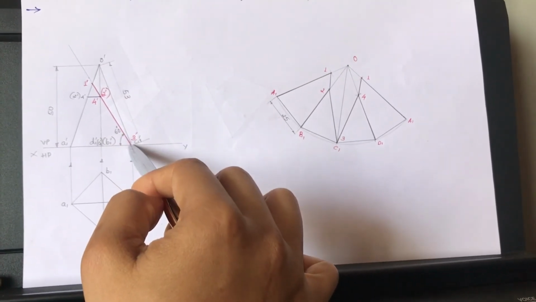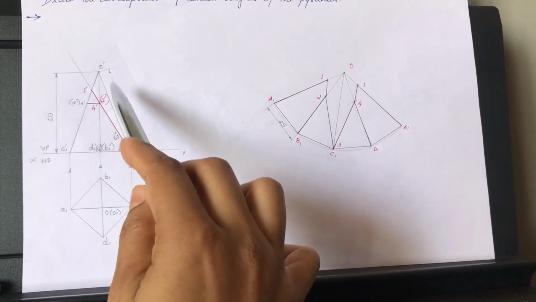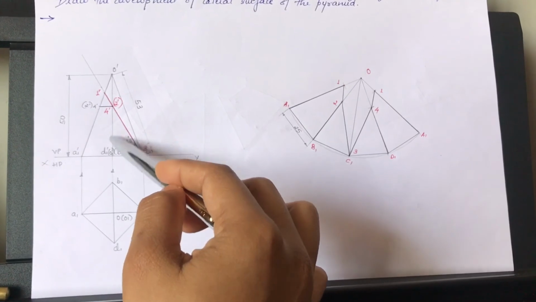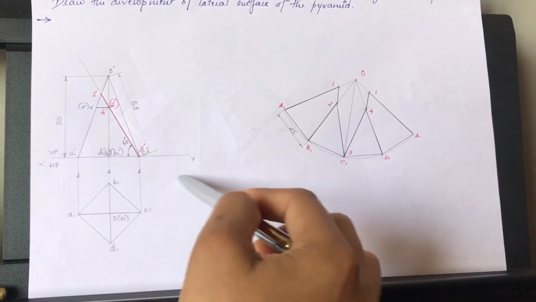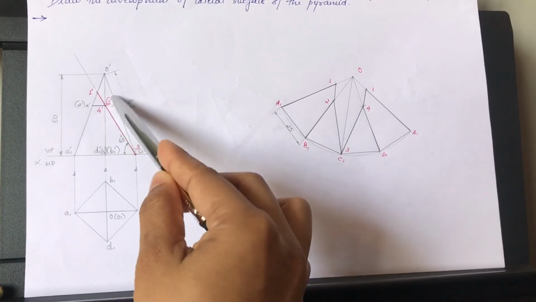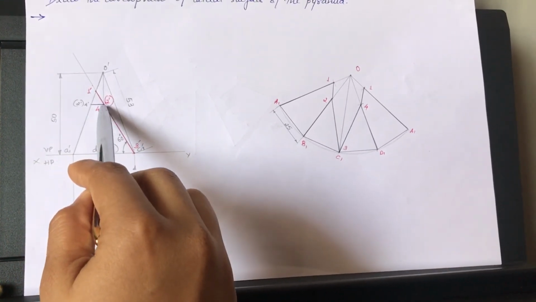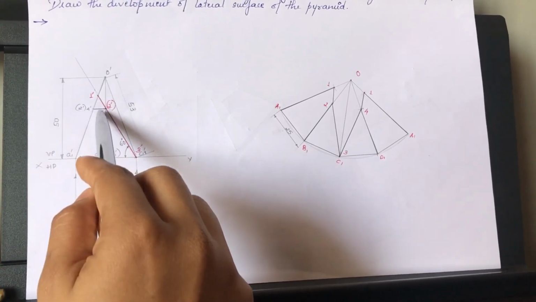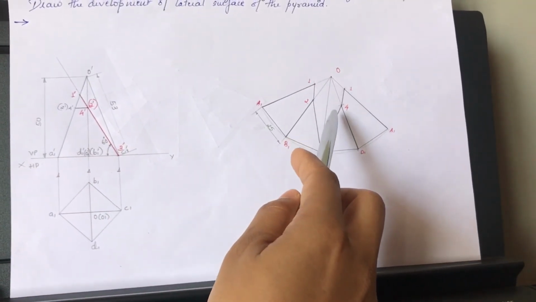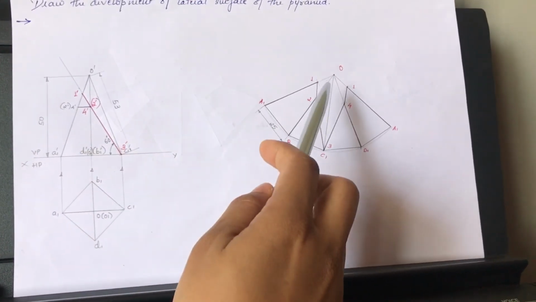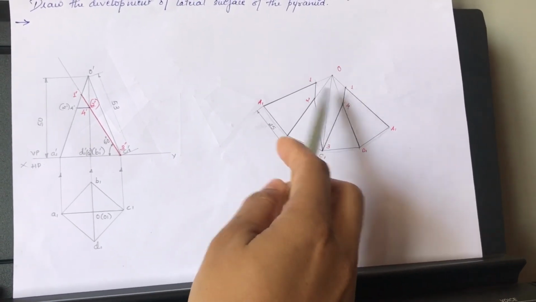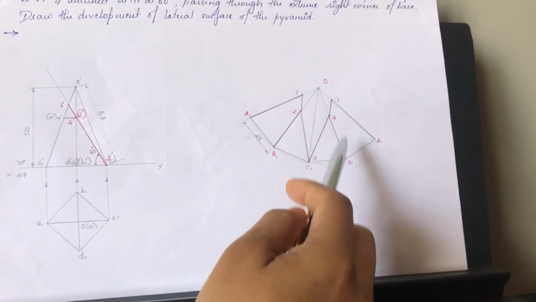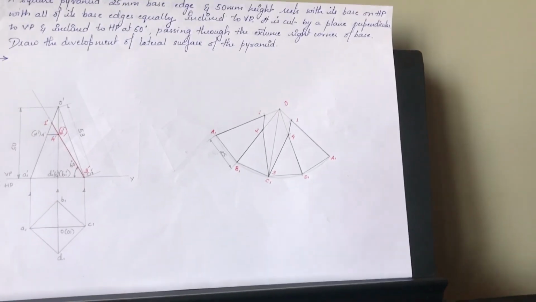O to 3 dash can be considered because it is in its true dimension, this slant edge. So you mark 3 here. Next is O to 4. O to 4 is again not parallel to the XY line, therefore it is in its apparent dimension that you see in the front view. It has to be in its true dimension, so you again project it on the slant edge here. You measure O to 4 and mark O to 4 on OD, and then finally you have O to 1, you have to mark O to 1. Once you get 1 2 3 4 marked, you have to join all the points, and all the edges that are a part of this development should be darkened. So this is how radial line development has to be solved.